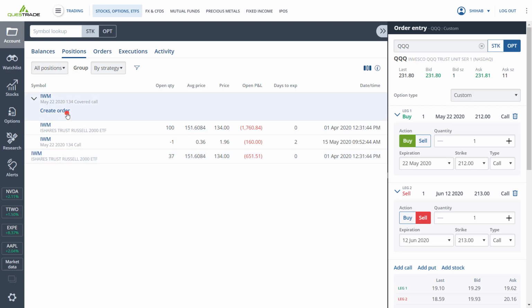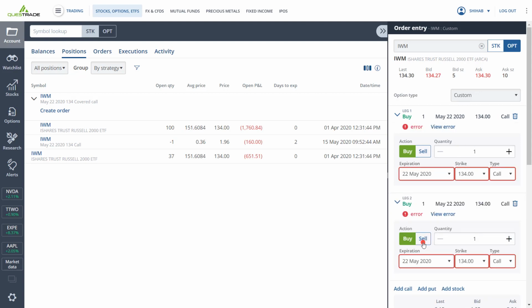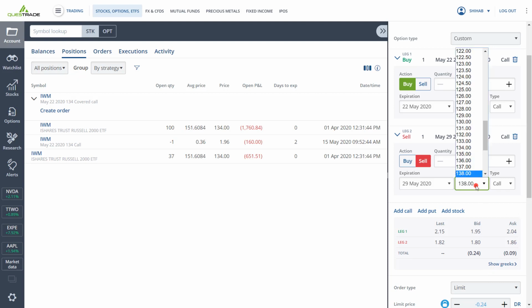Simply the way I would do it is just click create order. It automatically gives me the shares, but I'll remove the shares here. I'll keep the option that I'm buying back, the May 22nd 134 strike. I'm going to click add call, but I want to sell it, and choose next week's expiration. If I pick the same strike right now, I can collect $159 in premium. But if I go for a higher strike, let's say 138, I guess I can't collect anything. If I go for the 137 strike, I can collect about 20 cents, or $20. So I'll collect $20 to move the call option forward, and I'm getting $3 of extra capital appreciation